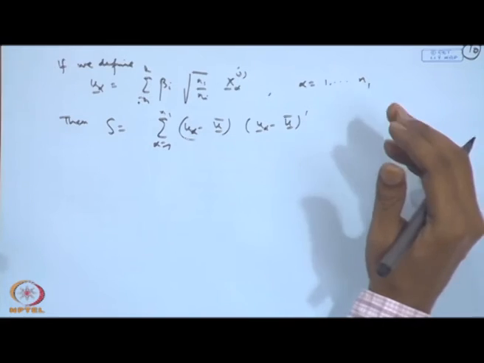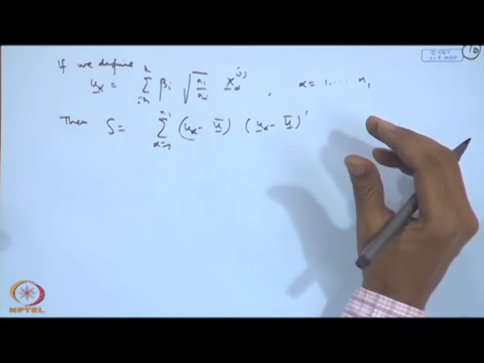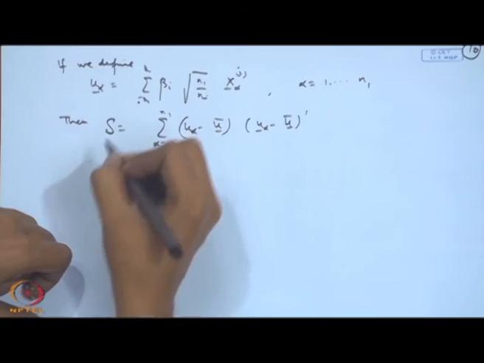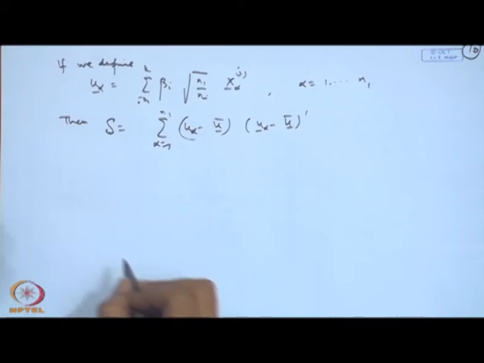Another problem which may also arise is that I consider the two subvectors of the full vector, and now I want to test whether they have equal components. That means the first one I write as mu 1, mu 2, the second as mu 3, mu 4, and then test whether mu 1 is equal to mu 3, mu 2 is equal to mu 4, etc. So, this type of problem can also be handled using Hotelling's t square. Let me give one example.